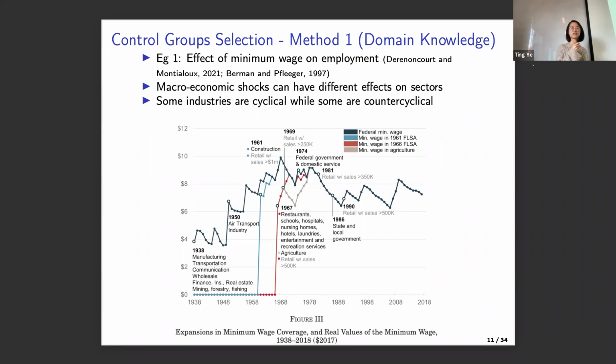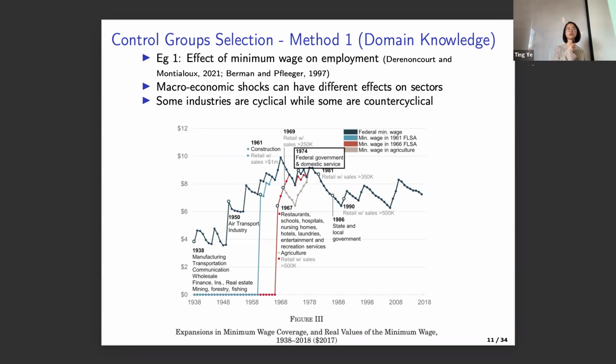However, the parallel trends assumption can be violated because these macroeconomic shocks can have differential effects on different economic sectors, for example, different industries. Then, in the absence of any policy, you may have different industries not following the parallel trends assumption. So in this case, if we are interested in the minimum wage on the federal government and domestic service industry, then based on economic theory, we know this is